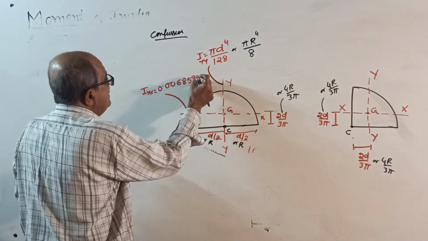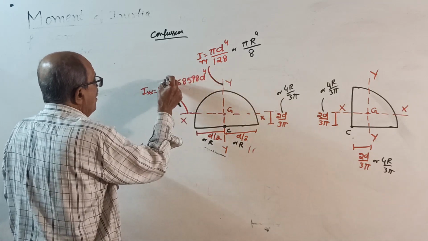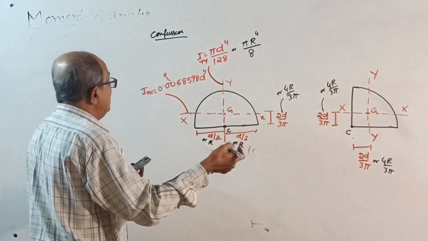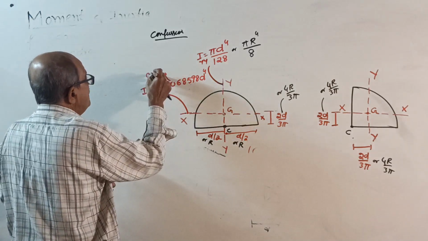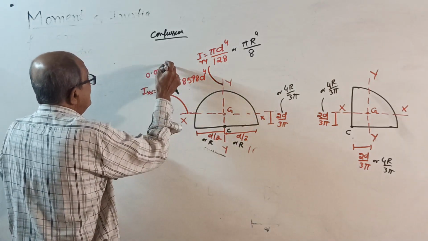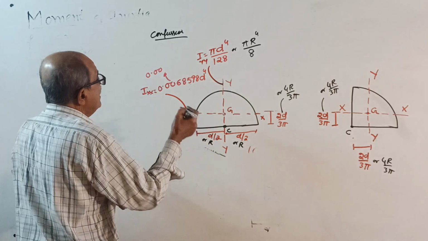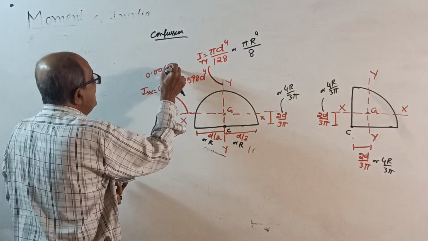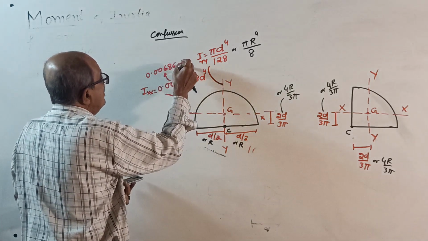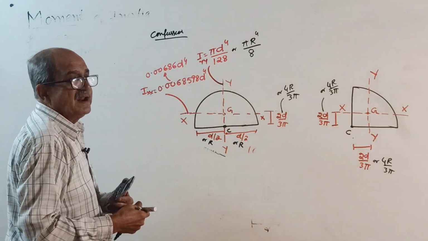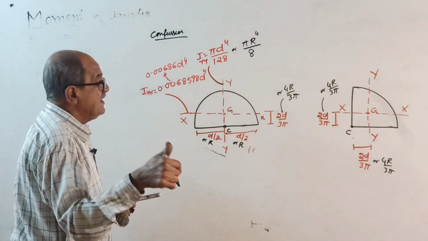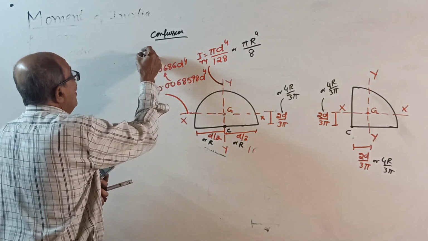0.0686 d power 4, or in the class later I will write 0.0686 d power 4. Almost throughout the world they are using 0.0686 d power 4 this way in terms of diameter. And I will tell the reason. In terms of radius, it will be